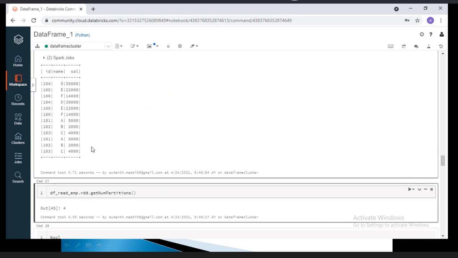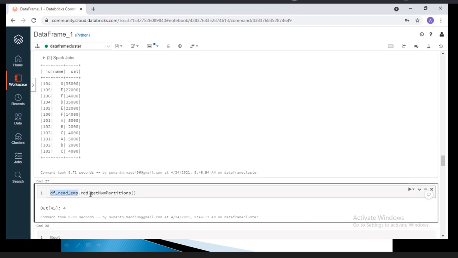Still you're able to see the data. You want to know the partition value from the data frame, so this is a methodology. Converting high to low, indirectly you're doing it, like converting 2.x into 1.x. Unfortunately we don't have this option, because if you want to see the partitions, Spark should convert into that RDD, then only it is possible to see the partition.